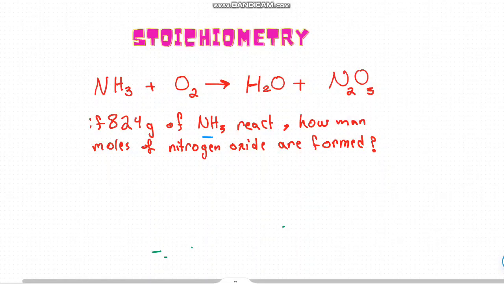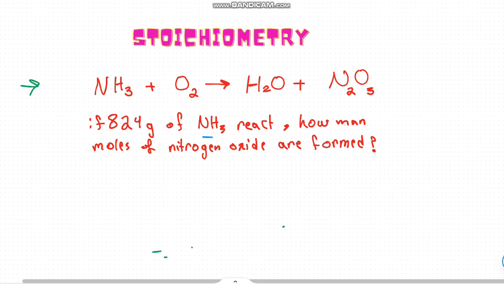Stoichiometry is using ratios between reactants and products in order to find the desired quantities. We can use it to find moles or grams or volumes or whatever the question asks about. In this first question, before reading the question, before doing anything, you have to check if the equation